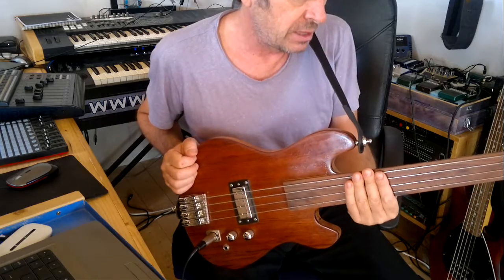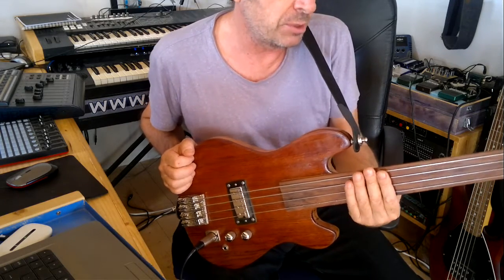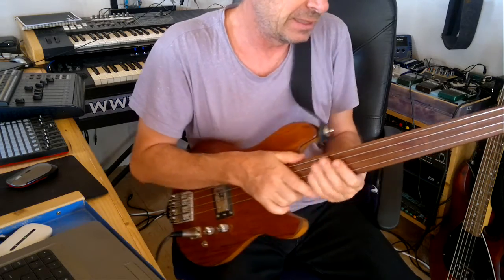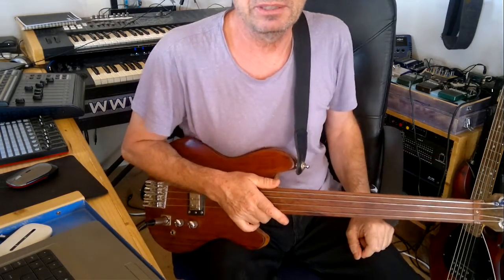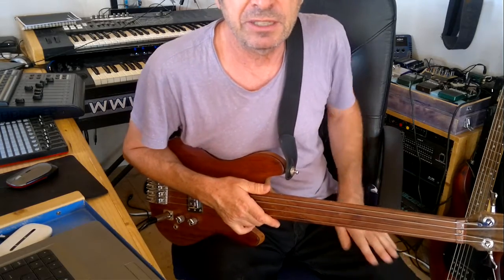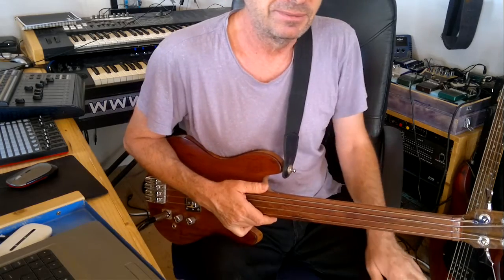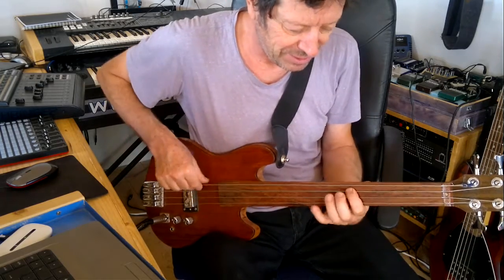And so the tension at the moment is quite strong on this bass because these are not the good strings. I was expecting to have my strings in the little box today, but apparently they're not. So this video is going to be